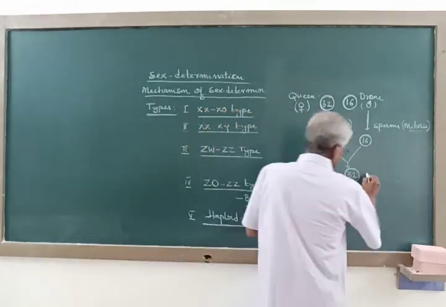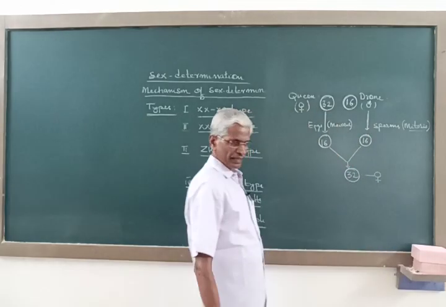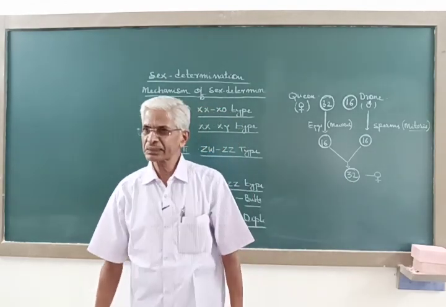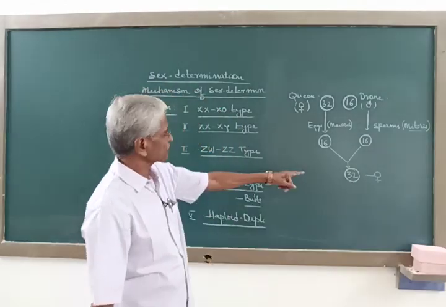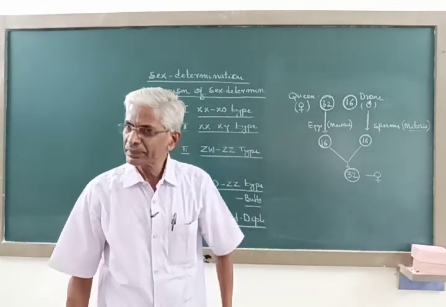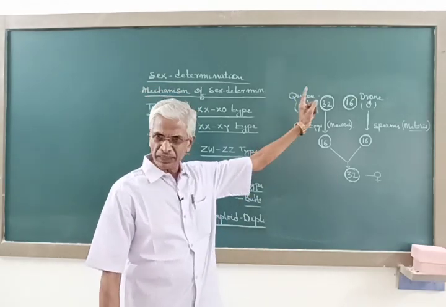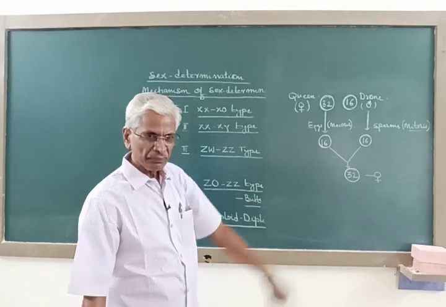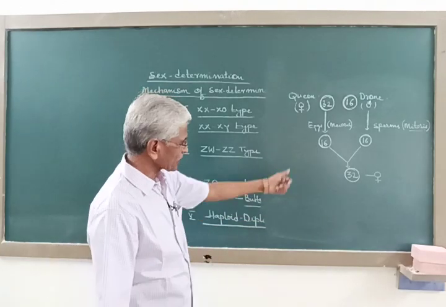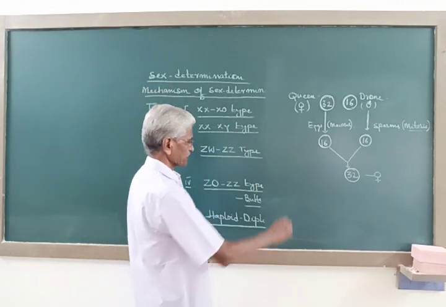As a result, the sex of this offspring, or zygote, will be female. Such a zygote becomes female, and this female can be either a queen or a worker. Usually it becomes a worker because the queen is already present. So it will produce offspring which are female because it has the diploid number of chromosomes.